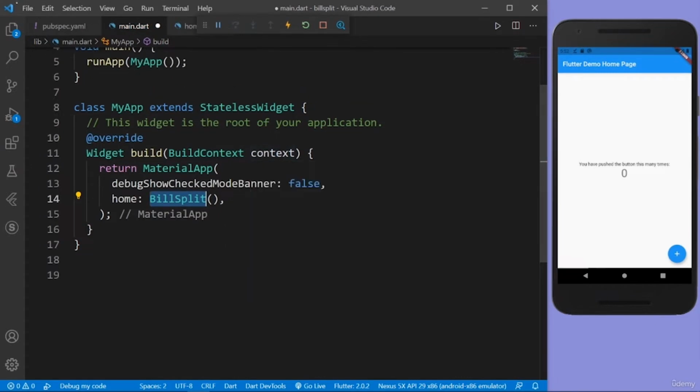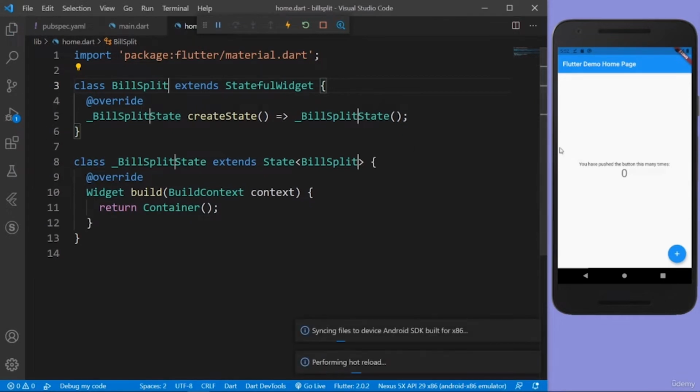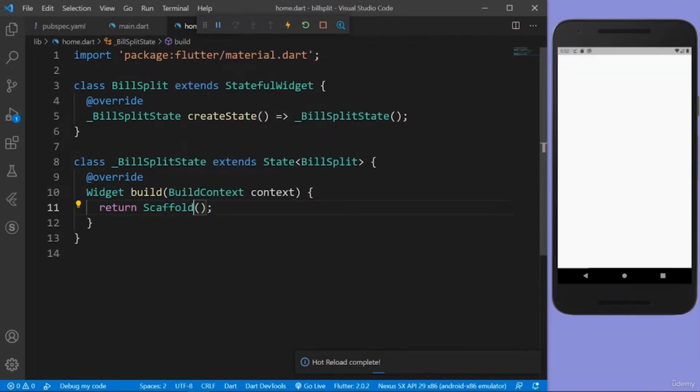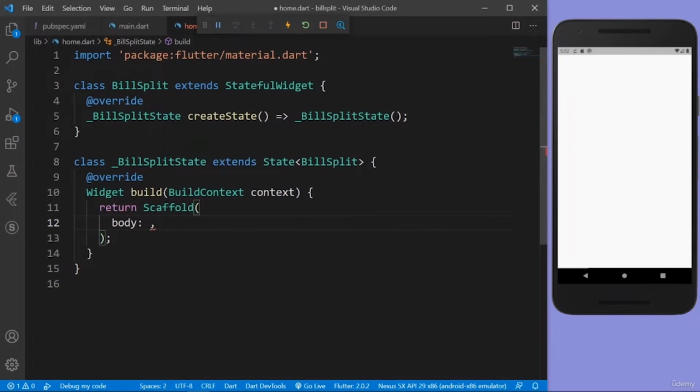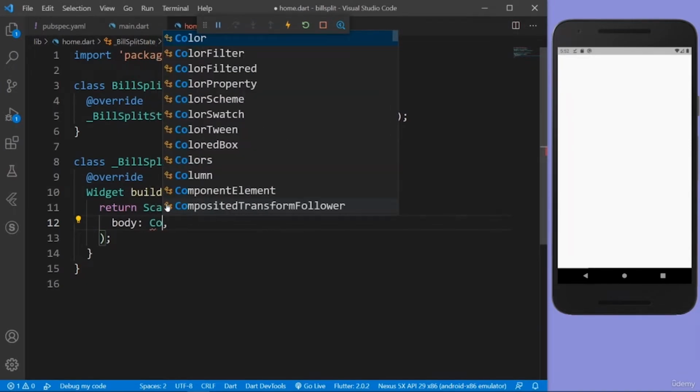There you go. Now when I save everything, I have a black container on my emulator, because I'm returning a container. But actually let's not return a container, let's return a scaffold, so that first of all everything will be white and I can give a custom body. Let's return a scaffold. There you go. Now in the scaffold, what is my actual body? So my body is going to be a column because I'll have elements beneath each other. So let's say body: column,